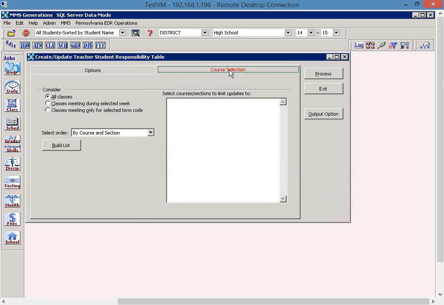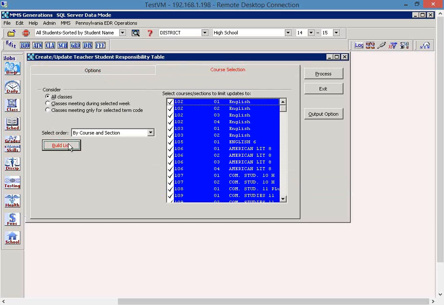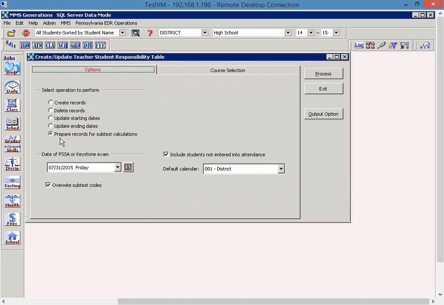And then you would also choose the courses that apply. You would build your list. And so if you had created the teacher-student responsibility table for all of your subtests, teachers, courses, etc., then you would run that prepare records for subtest calculations for the courses that you had previously created in PIMS 9.4 with